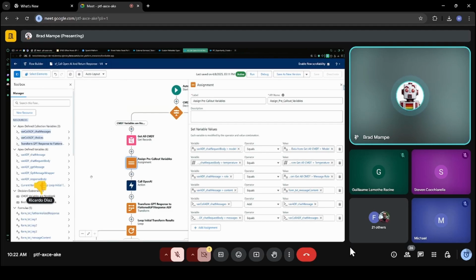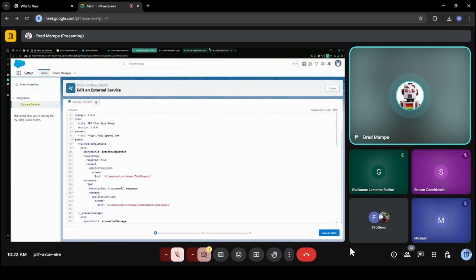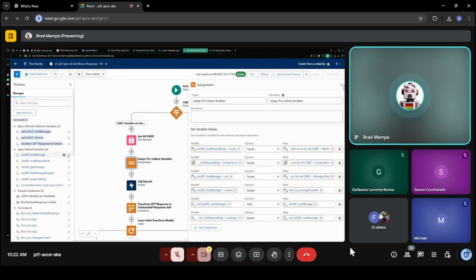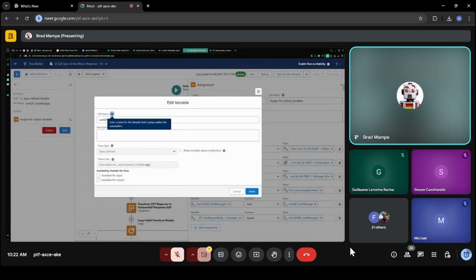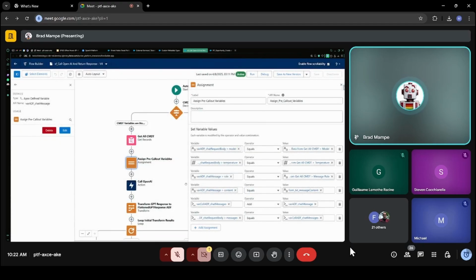And this is something that Apex handles a lot more elegantly. It can say, wait a minute, let's grab the schema in a code-based way. We're going to be able to wrap and parse responses a heck of a lot easier than going through it in Flow. When you use Flow, you have to use a scheme like this, where you are defining a schema in the external service. You are creating Apex-defined variables that point to the objects in your JSON, in your YAML, in the external service. And then you are making those kinds of assignments.